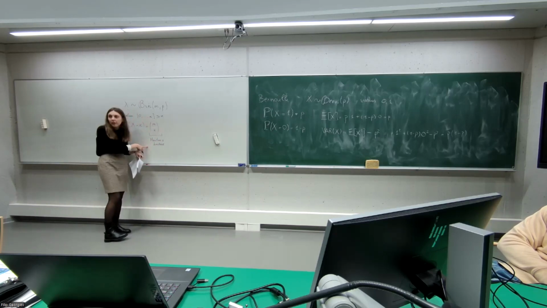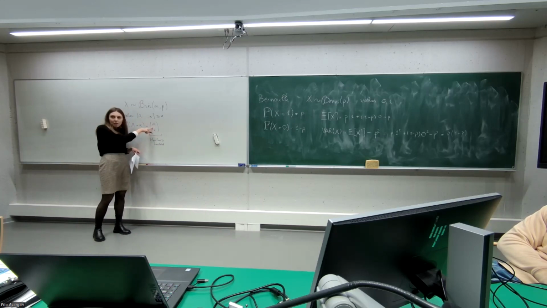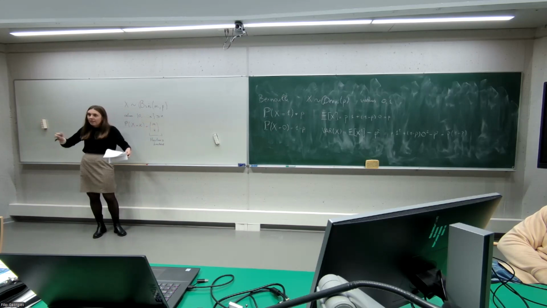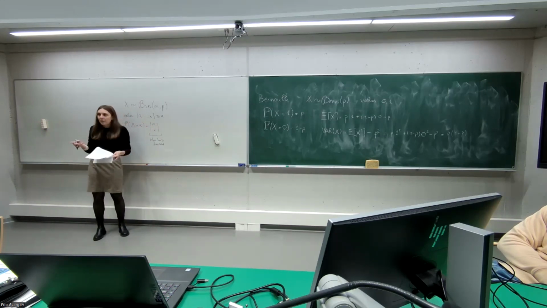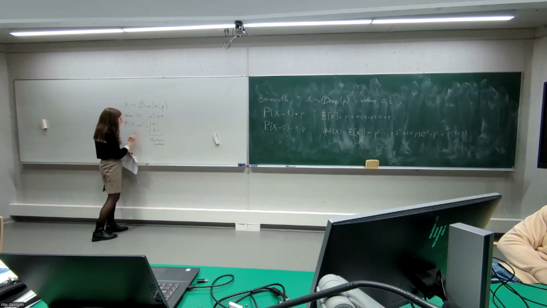If you Google this, you find much more information than what I can say here, but essentially it counts the subsets of cardinality k in a set of cardinality n. So if I have a set of n elements, this tells me how many subsets of k elements I can find inside. This is also equal to